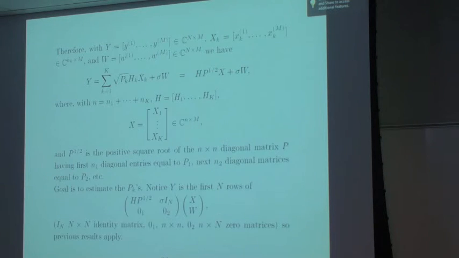We can put everything in block form. Capital Y is just the columns of those coming in, so capital Y is big N by big M. X contains the signals for each different user, and W involves the noise. You can write all this in terms of one big matrix. We're looking at this matrix, and we want something to do with the eigenvalues of something. We're basically going to look at the eigenvalues of Y times its transpose.